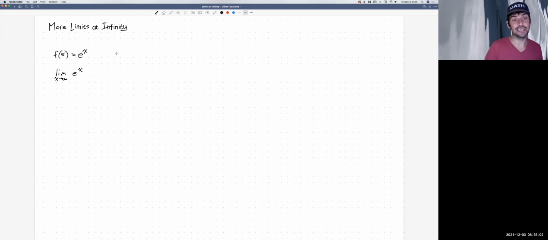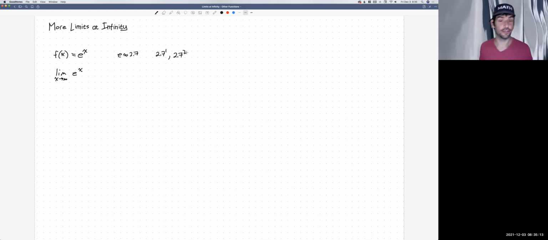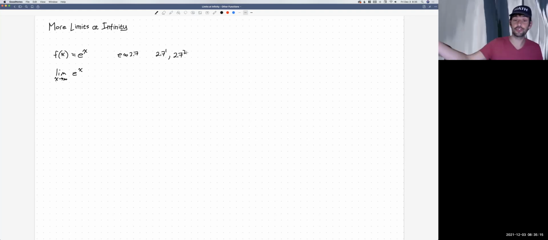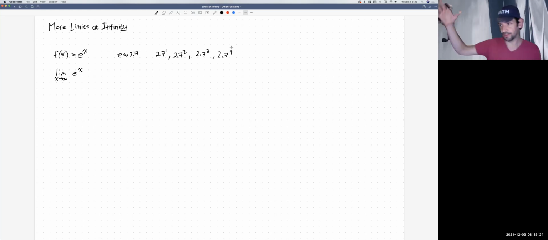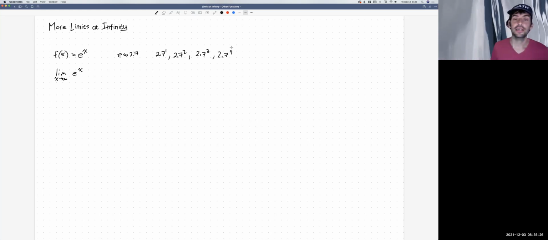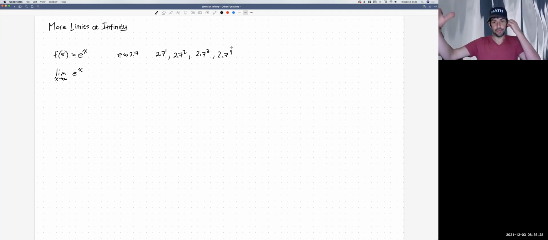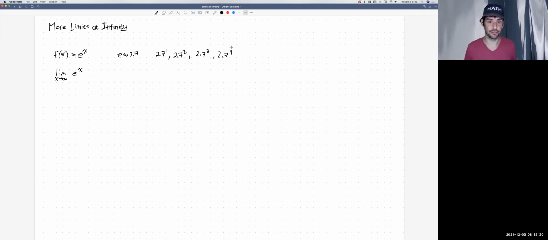as those integers get larger, right? So e is approximately 2.7. So if you have e to the 1, you've got 2.7. If you make x larger to say the whole number 2, 2.7 squared now is something getting close to 9, and then 2.7 cubed is up in the 20s, and 2.7 to the 4th, we're going up into the 70s, 80s, something like that. Right, as we just keep increasing the exponent, this thing gets larger and larger and larger,